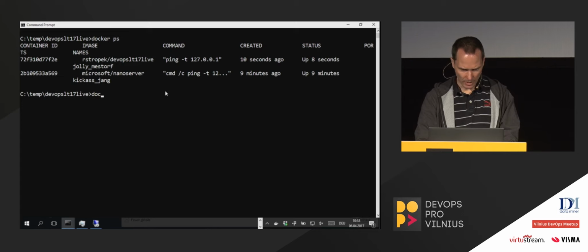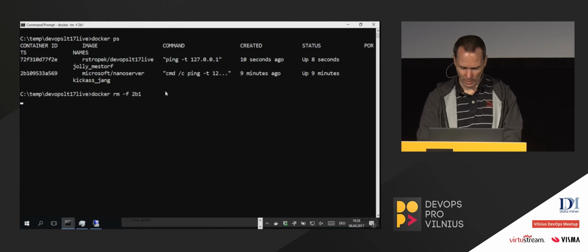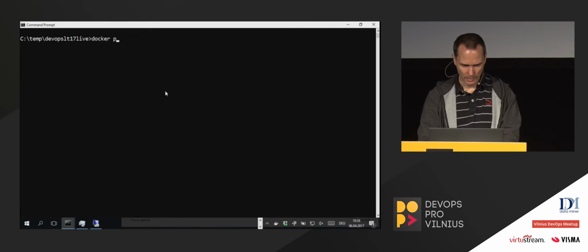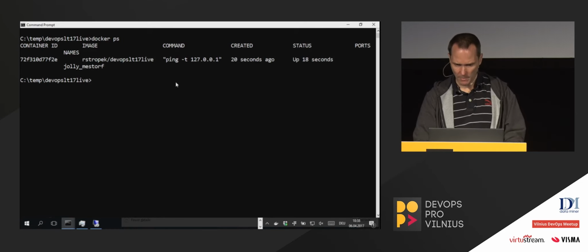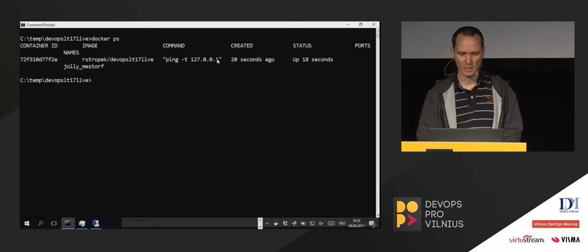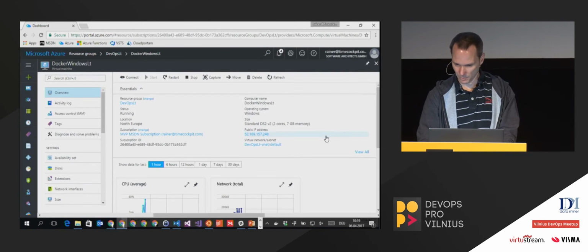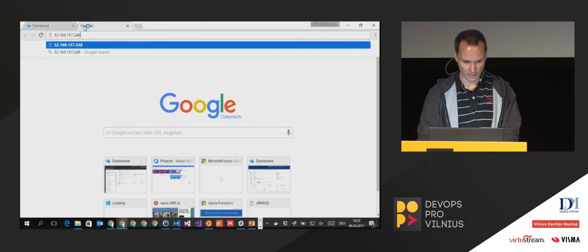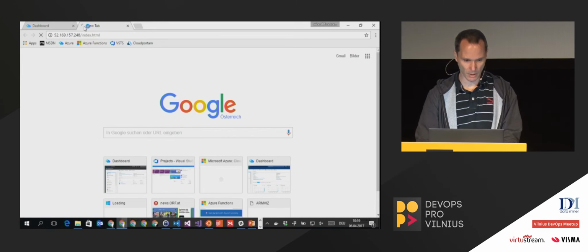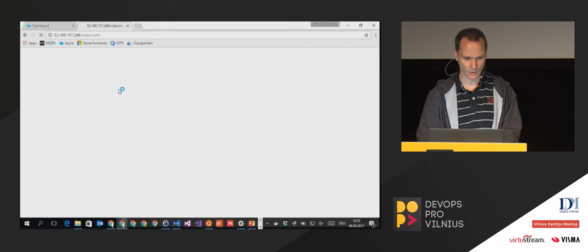9 minutes. Let me quickly kill that one. Docker rm f2b1. I don't need that one. Okay, this is our server. You see it has this endless ping in it, and it's running the Stropek DevOps LT17 live image. And if I copy my public IP address here and say index.html, if we are lucky and the demo gods are smiling,